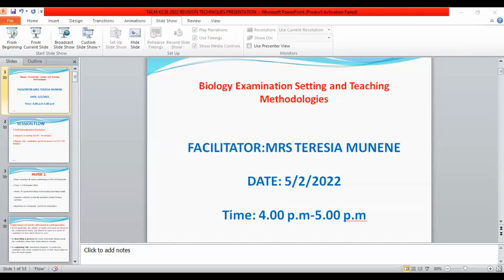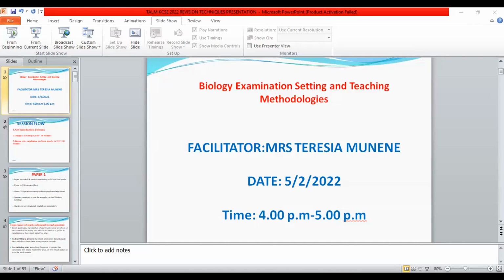in certain KCSE exams, because you realize that since 2017, we have had the performance of biology declining. After that, we shall go to the third area, and that is the reasons why we have candidates performing poorly in biology paper 1. So when you look at biology paper 1, this is